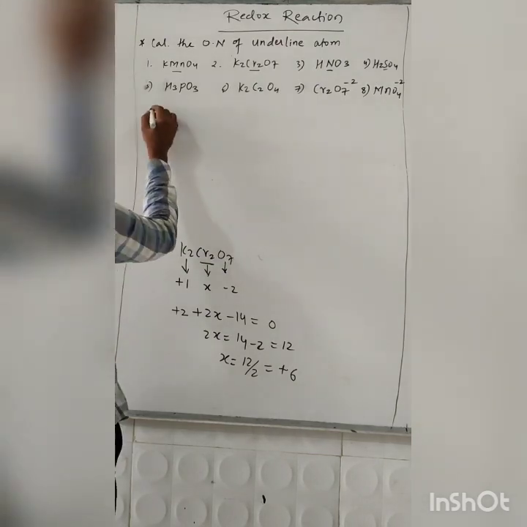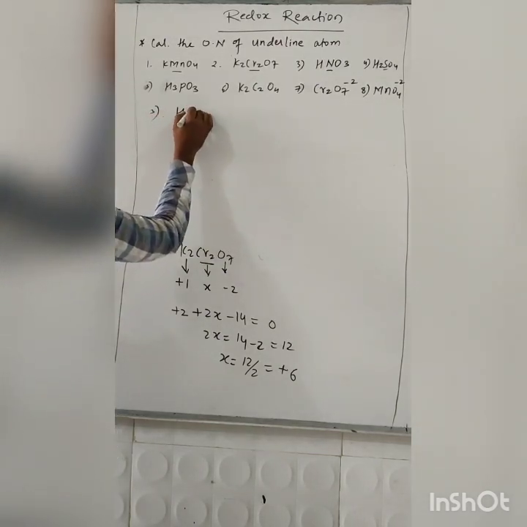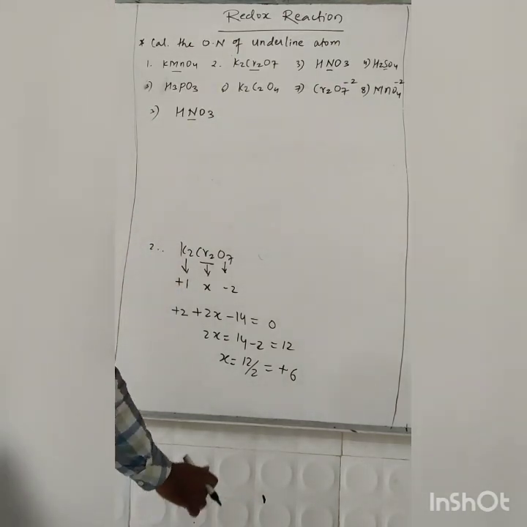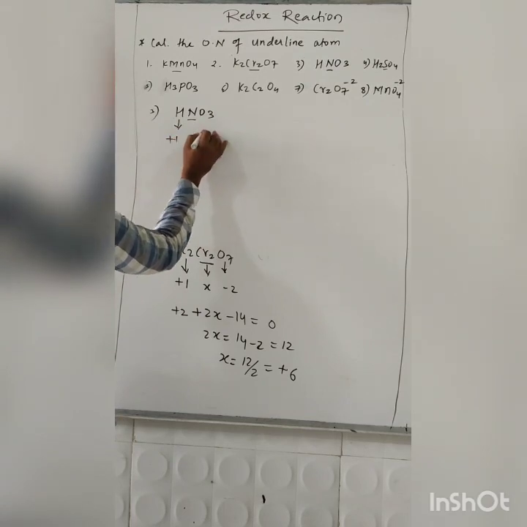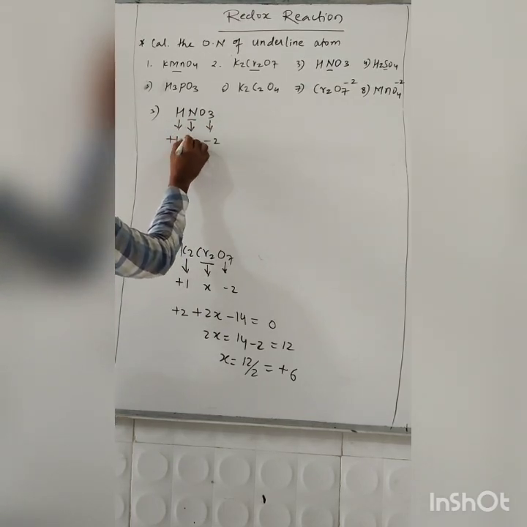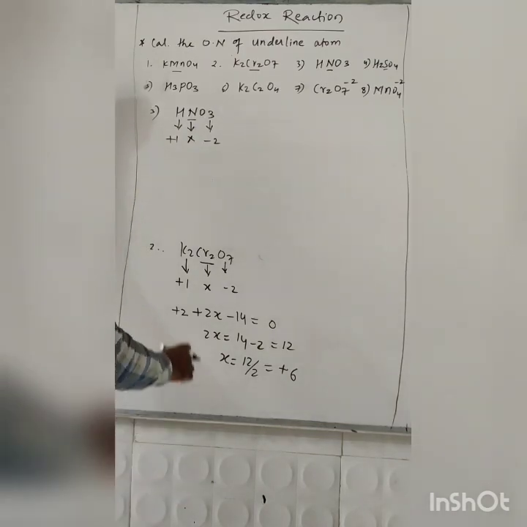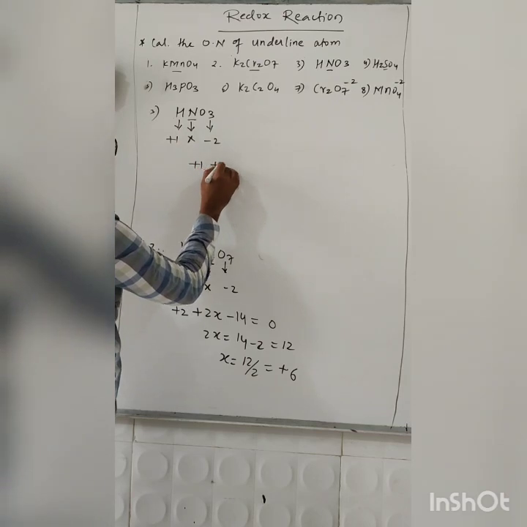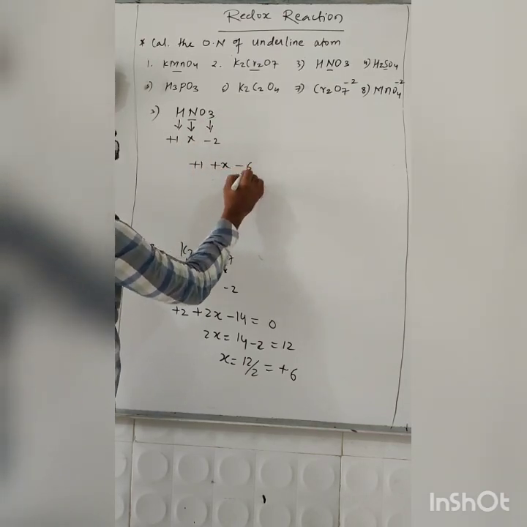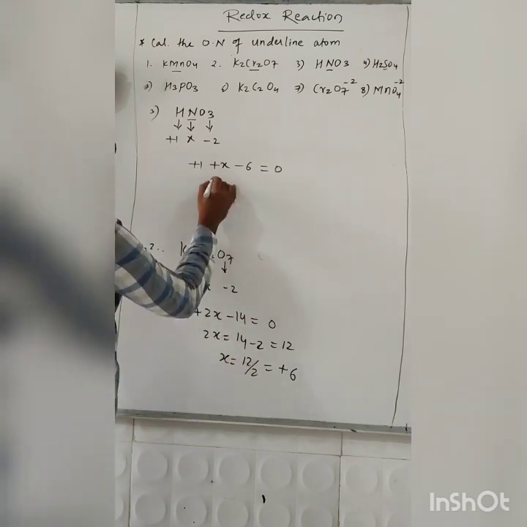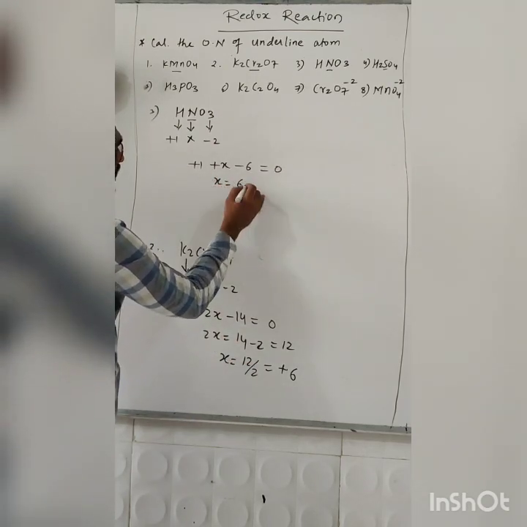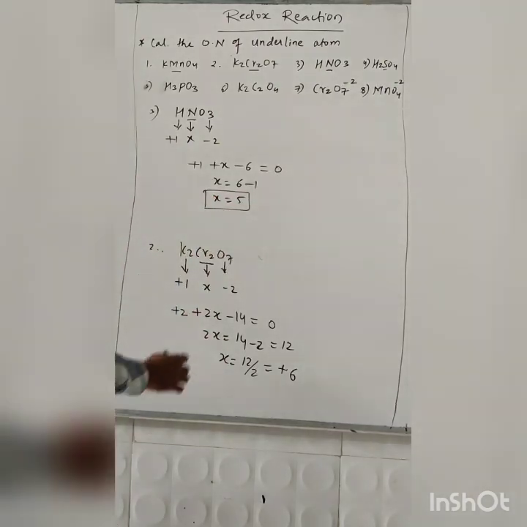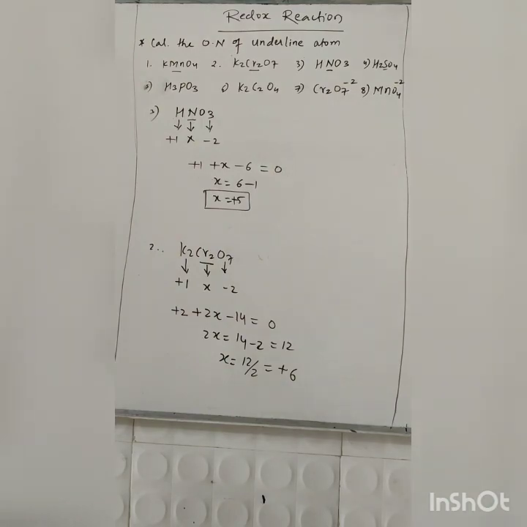Next we have to find out, I will see the example HNO3. Here you have to find out the oxidation state of nitrogen. So once again hydrogen has +1, oxygen has -2. I took x for nitrogen. So here one nitrogen is present, +1, x, 2 3s are 6, -6 equal to 0. So x will be -6, here +6, +1, x is equal to 5. So here nitrogen has +5 oxidation state.